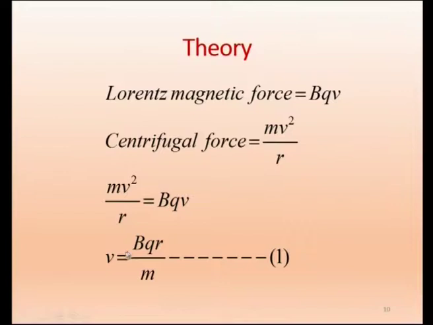And therefore we will see what is the velocity, the velocity with which the particle enters one of the D's. So this v will get cancelled and I can take this r there, m down. So I get v equal to BQr by m. So this is the expression for velocity, when it is taking a radius r inside one of the D's.